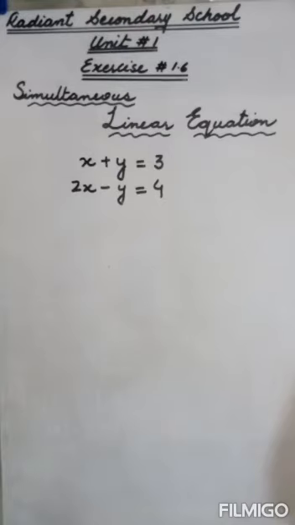Now students, we are going to study how to solve these simultaneous linear equations. We are going to discuss only two methods. Number one method is the matrix inverse method, and number two method is Cramer's rule. We will just discuss these two methods. There are more methods to solve linear equations, but we are going to discuss only these two in your exercise